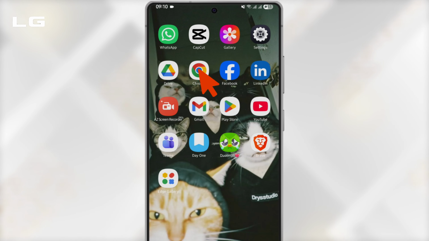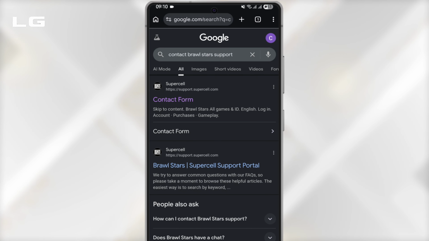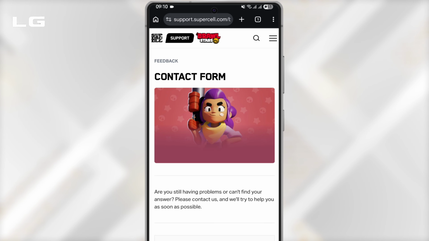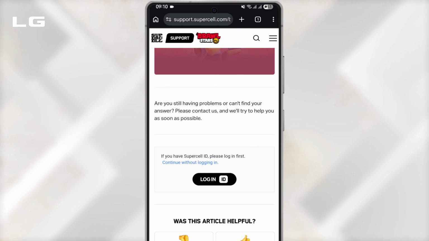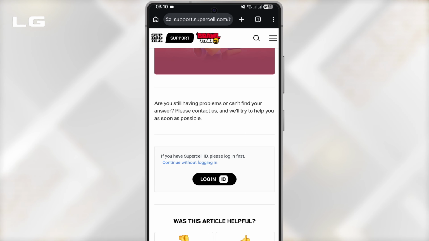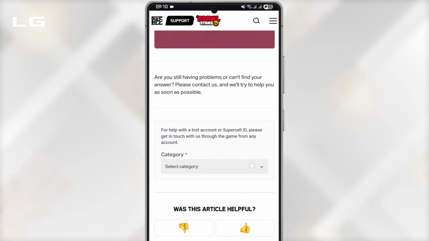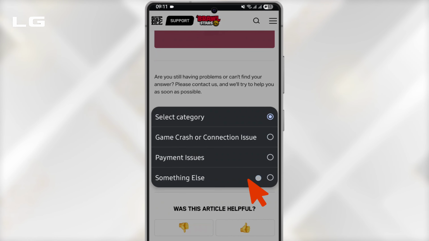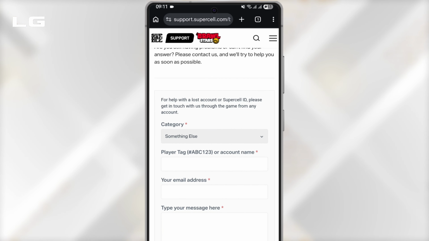So simply head over to your browser and search for Contact Brawl Stars Support. You will see Contact Form under Supercell. So simply tap onto it, and it will ask you if you have a Supercell ID, please log in first. In case we are trying to get access to our Brawl Stars without our Supercell ID, so simply tap on continue without logging in. Under category, tap on something else, and it says for help with a lost account or